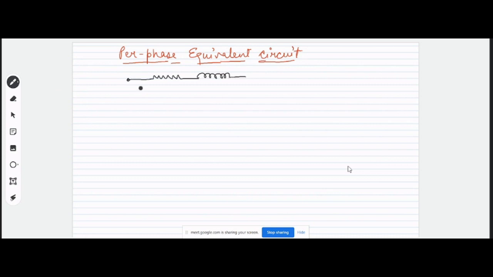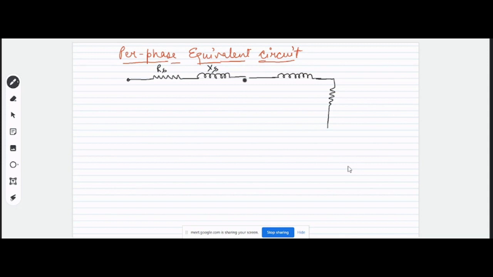So if you remember, as we have discussed, we will have the winding on the stator side as well as on the rotor side, right? Winding means a coil, right? Coil means a combination of R and L. I think it's very clear. A coil means R connected in series to L. That forms the winding or the coil, right? So that means we will have a resistance representing the stator resistance and the stator reactance X1,